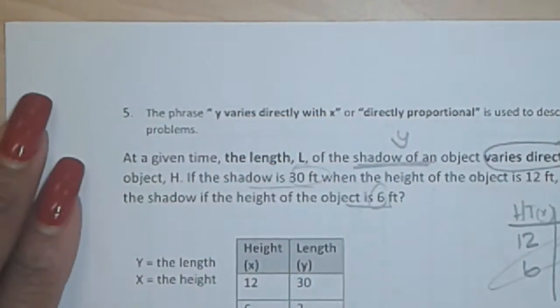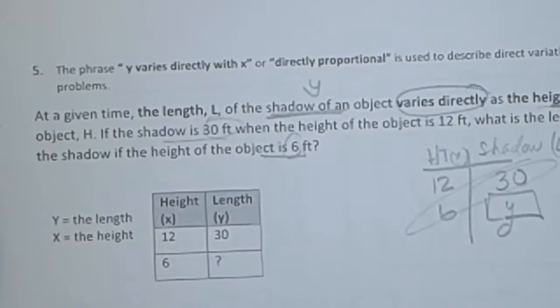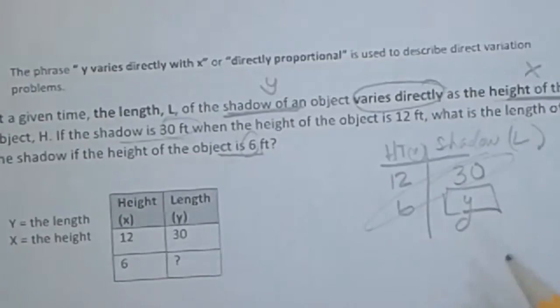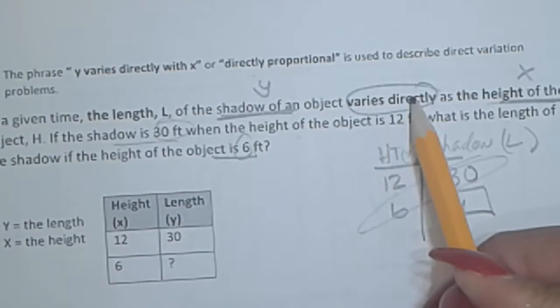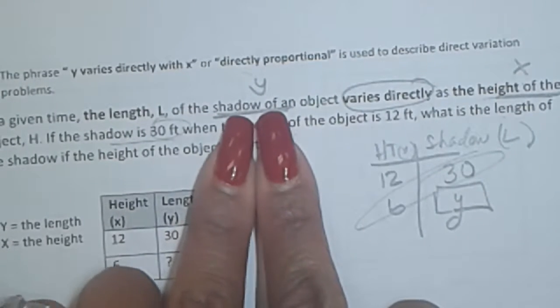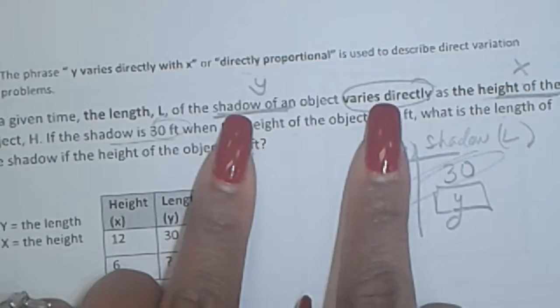Okay, so let's go ahead and look at problem number 5. Very simple problem. Direct variation. I see it says varies directly. You're going to pause and read. You should be reading. Pause the video. Thank you. Okay, now that you're back and you've read the problem, it says varies directly, so I know this